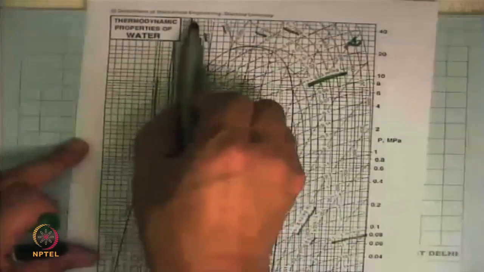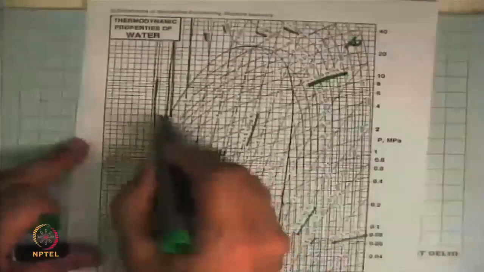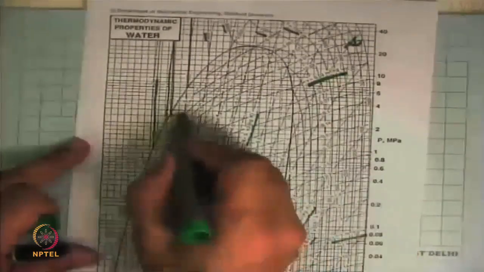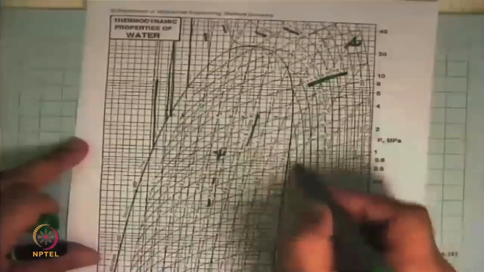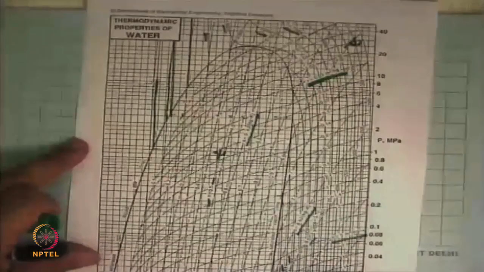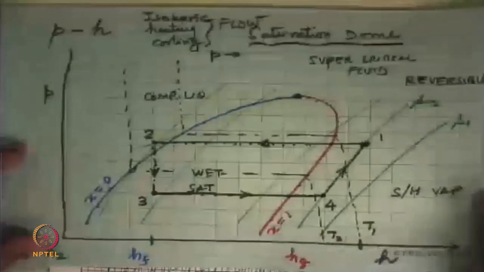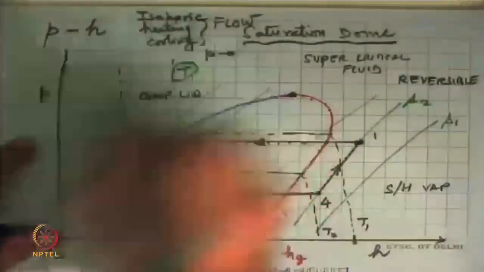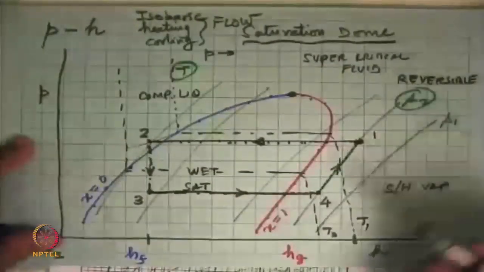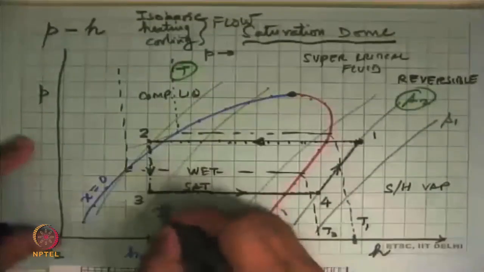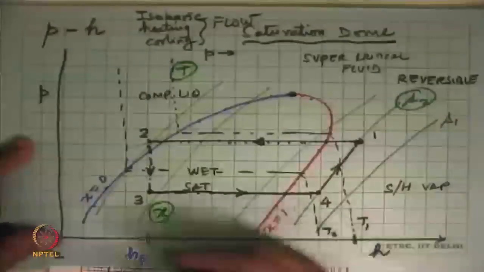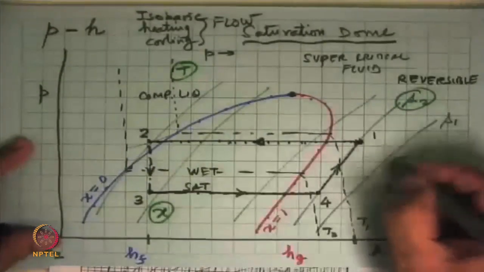In the compressed liquid part, they become horizontal. Inside the dome they have not been shown, but we know that it is the same thing. And then from there, it further goes down and comes 500, 450, 400, 350 Kelvin. So on that phase diagram, this is what we were looking at. We have constant temperature lines, we have constant entropy lines, and we also saw inside the dome constant dryness fraction lines. And of course, I haven't drawn here, but also constant specific volume lines. So that is for water.